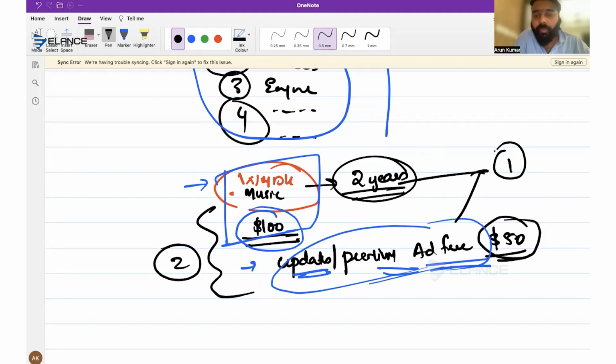But for the better effectiveness of that asset, or if there is a competitor in the market and in order to keep up with the market we have to get updated, otherwise the asset will not perform really well. For the better effectiveness, we need the updates. In such a manner, if you are able to properly justify your answer, you can consider it a single performance obligation as well. That's the reason I have given this as an example. So whenever you get questions on software updates or something on the basis of these updates, if you want, you can write them as separate performance obligations, no issues. So it is actually a judgment.